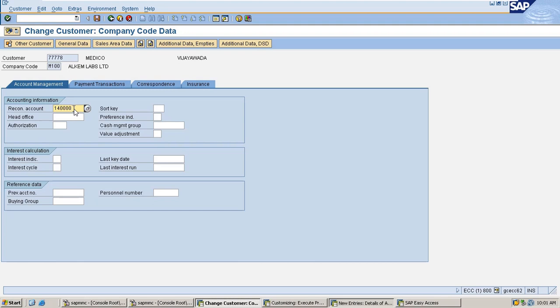So for the customer account, the system determines the GL account from this reconciliation account. I will explain it in upcoming classes, where we create the invoice and find the accounting entries, the accounting document. So for now, you have to give 1,40,000 as the reconciliation account.